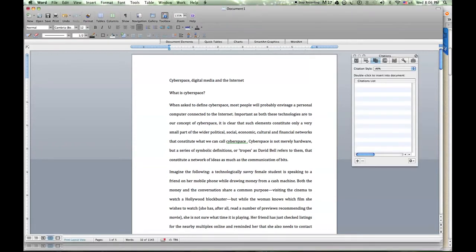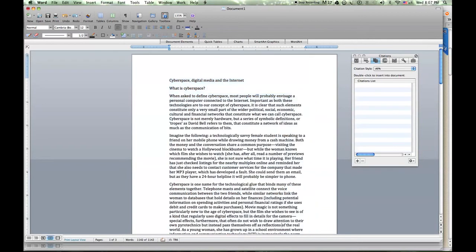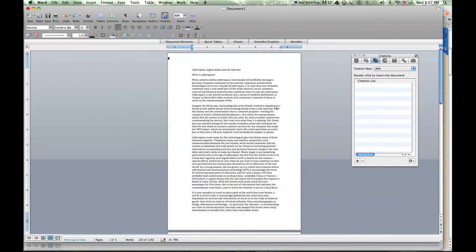Now, there are a few very basic things that you need to understand. When you type a document, it generally looks like this. By default, when you open a new document in Microsoft Word, you usually get the page size as letter and not A4. So the first thing that you need to do, I'll tell you how it looks.